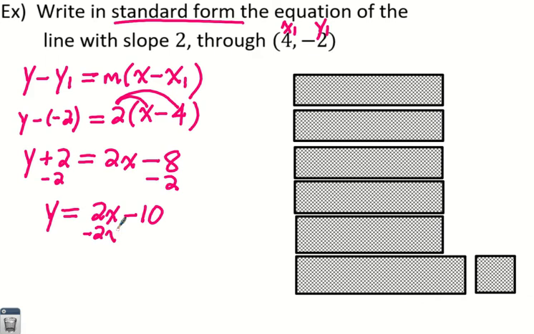So let's relocate the x term, and so over here again it's got to go the x term first, and so it's negative 2x plus the y term equals negative 10. And so that's standard form, but